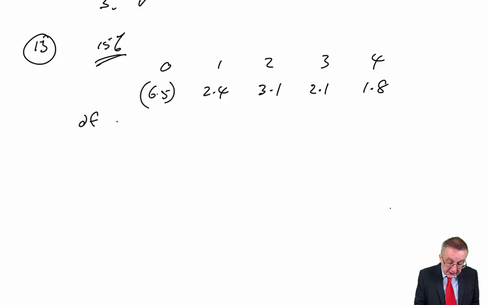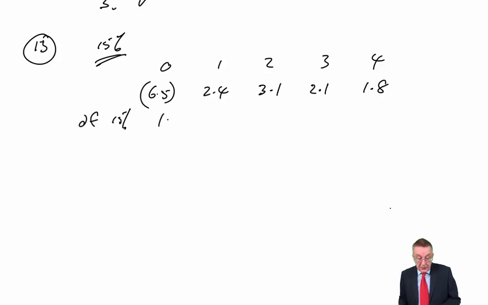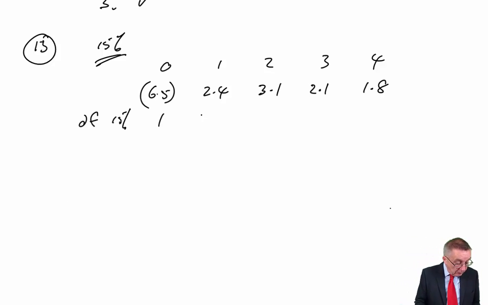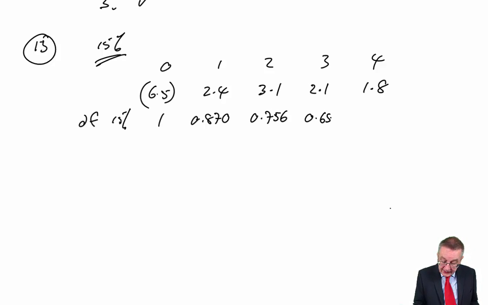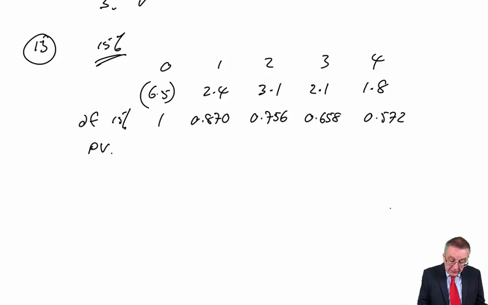The discount factors at 15%, from the tables, 1 year, 0.87, 0.756, 0.658, 0.572,